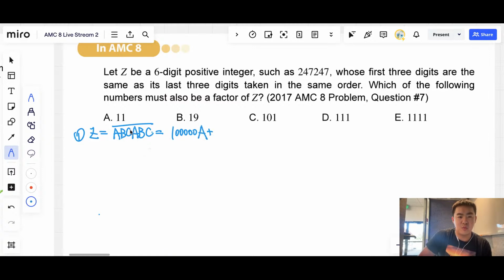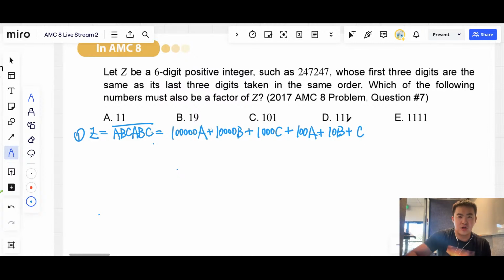How about B? We should have 1, 2, 3, 4 digits after it, so we should have 10,000 times B. Okay, how about C? C is the 1,000th digit, so clearly 1,000 times C is needed here. And for the second letter A, now A is the 100th digit, which means we need to put 100 multiplied by A. And how about B? B is a 10th digit, so just 10B plus,